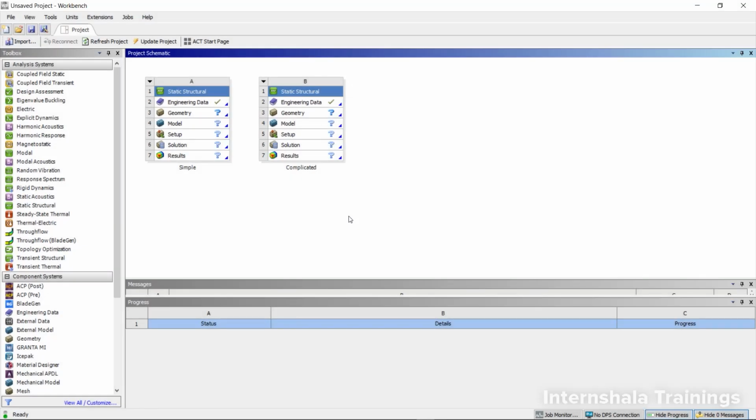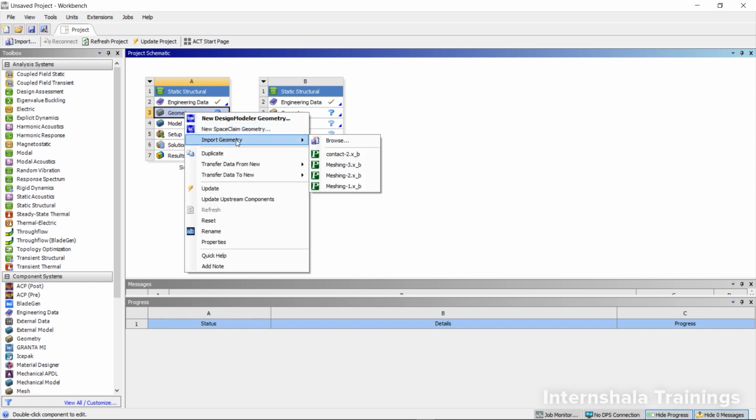In this lecture, we are going to see how we can create contacts manually. For that purpose, I already opened the ANSYS Workbench. I have created two static structural systems in the project schematic. One I will use for a simple object, and I will use another static structural module for a somewhat complicated object. First of all, I will right click on the geometry cell and say import geometry,